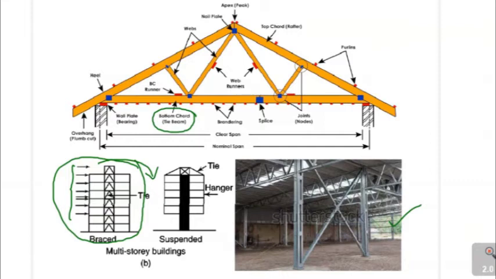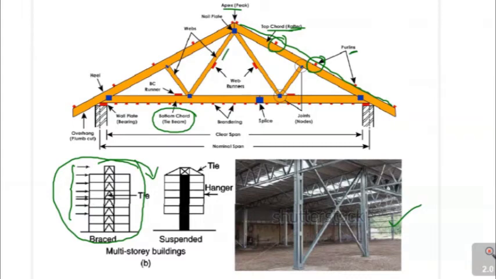And as we are seeing here, let me go through the different parts of the roof truss. So these are nothing but rafters. These inclined members are nothing but top chord or rafter. And along this rafter, horizontally, there are members you can see in these red color dots. These are the horizontal members. You are able to see the cross section of it here. These are called purlins. And the topmost portion is called apex or peak.